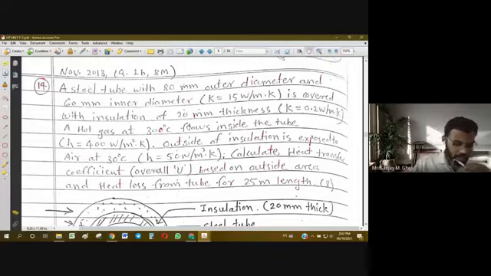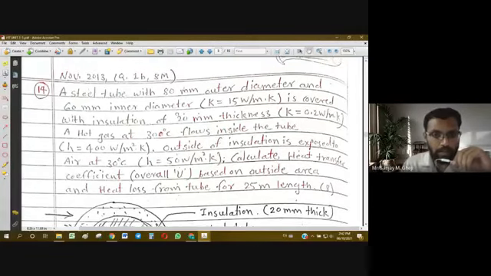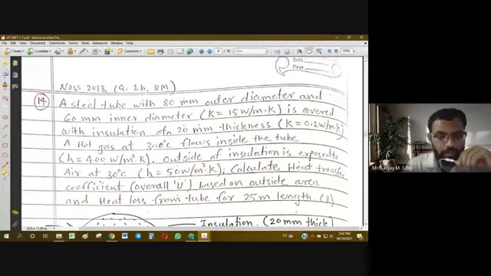Now, three different problems we saw, and all those three problems were of the same type, that is conduction through a composite plane wall. But we have seen in theory there are three different cases: conduction through plane wall, conduction through hollow cylinder, and conduction through hollow sphere. Now we will see some upcoming types of problems of composite cylinder and composite sphere.